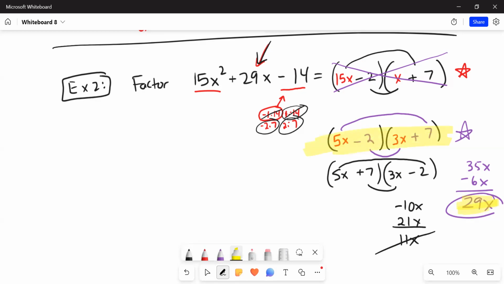5x minus 2 times 3x plus 7 is the correct answer, and you conclude that the other ones are not correct. I hope that gives you a little bit about this kind of